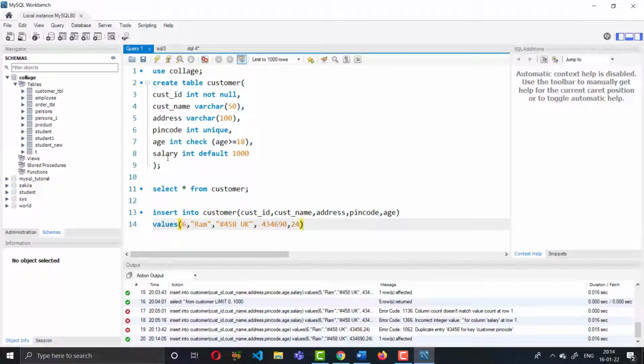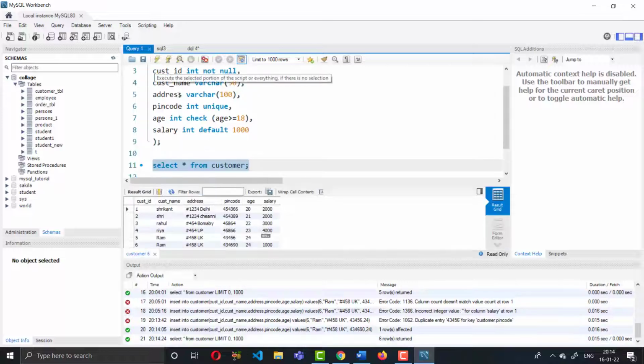That's why we have also removed the salary column. Let's see the structure of the table. Select this and run. You see that the entry with ID 6 has now been created, Ram, with the address and pin code, and 1000, because we have set the default 1000.